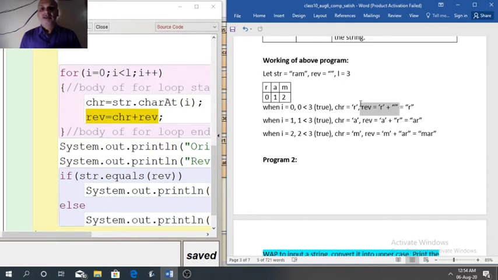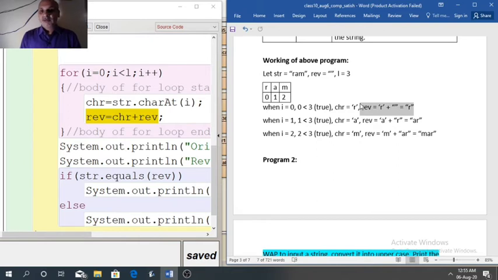Rev is a string with double quotes. So the first time nothing is stored here, so r plus blank. When you use the plus operator with a character and a string, both get joined together and the result will be a string value, that is r.